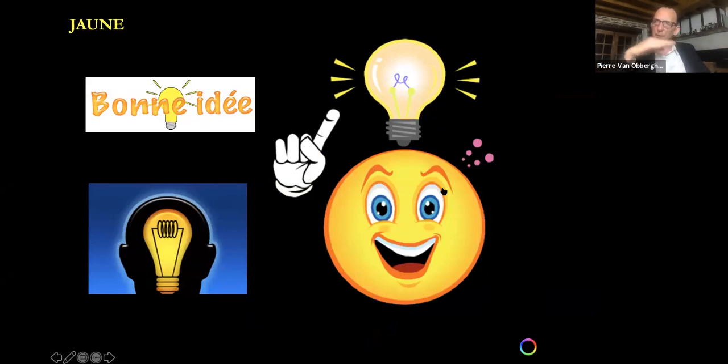So there are different stratifications of yellow. When we have a good idea, usually people can draw a cartoon of a lamp making a ping in front of, above the head. So